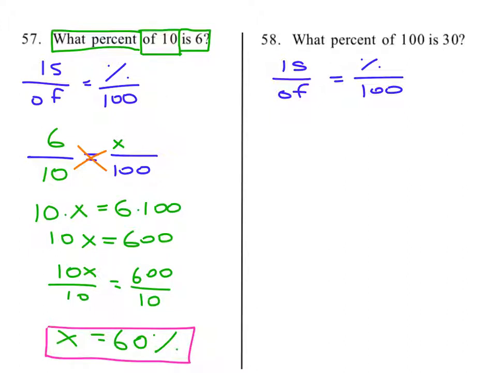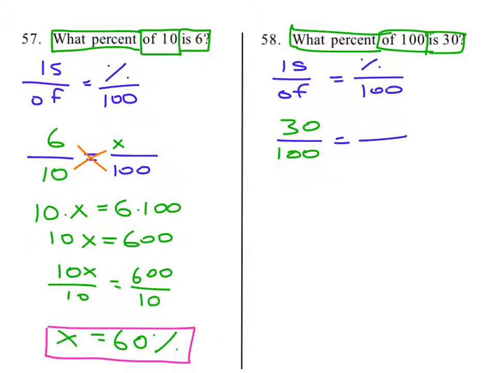Is 30 of 100, and what percent? That's the thing we're looking for. So when we fill it in, we fill is with 30. We fill of with 100. We fill the percent with an x, and then